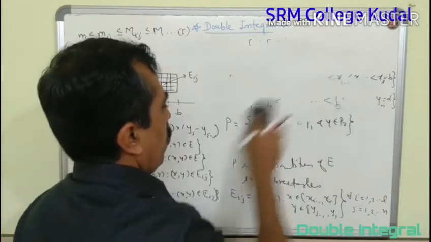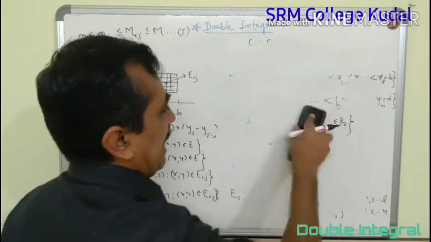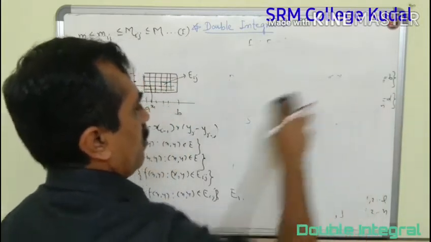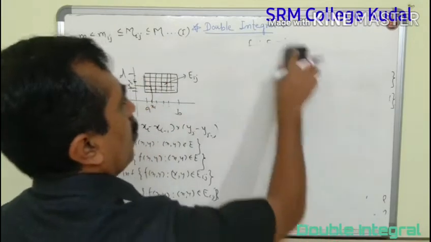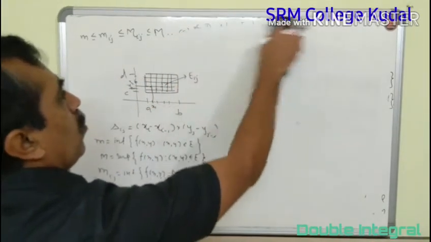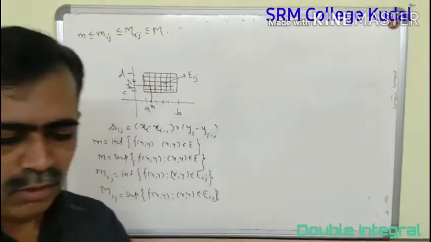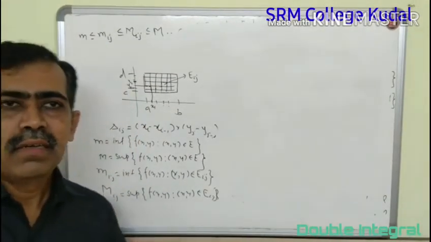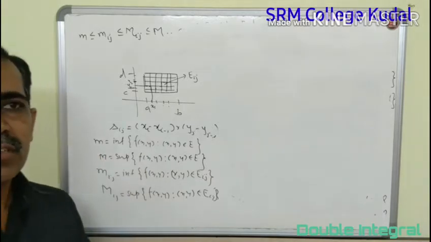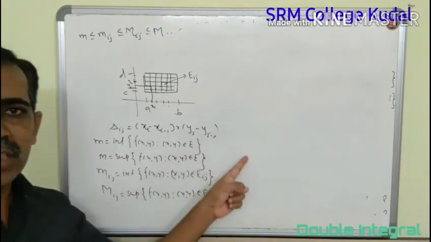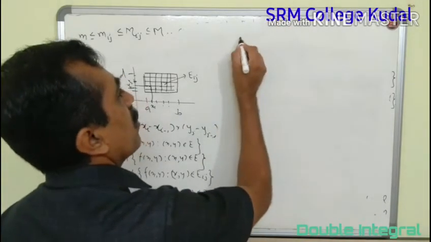Okay, now we will proceed further. Now we define the Riemann sum of function f on whole of E with respect to the partition. Remember one thing, that given a set, it may have infinitely many partitions, and we have considered one of the partitions P here. So with respect to this partition, I am going to consider the Riemann sum.